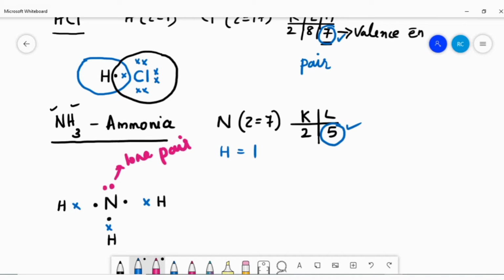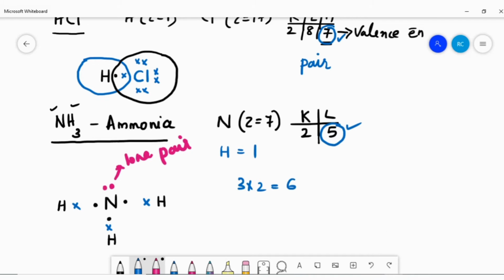So first of all, I am just going to draw nitrogen's octet. Just count how many electrons are around nitrogen which satisfy the octet condition. Nitrogen already shared its 3 electrons with the 3 hydrogen atoms. So 3 into 2, that's coming 6. And there are 2 more electrons that we consider as lone pair. Okay. Lone pair we have only 1, which means 2 electrons.